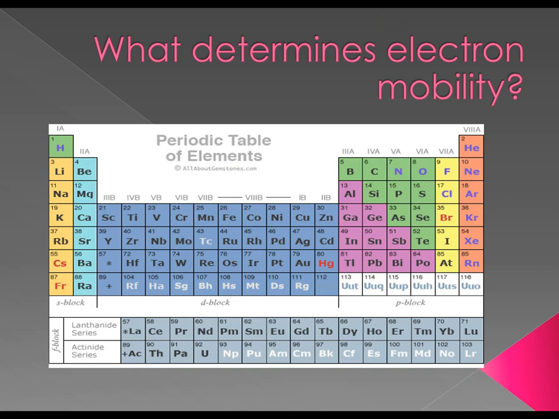Atoms everywhere say, negative charge, I don't want it, you take it. Oh, I don't want it, toss it over to her. I don't want it, pass it to him. And thus there's a lot of electron mobility. Positive ions say, give me those electrons. I want them. No, I want them. The electrons get snatched and shanghaied and carried off from place to place, and there's a lot of electron mobility. What about metals?